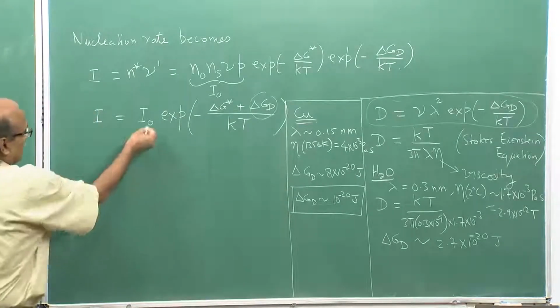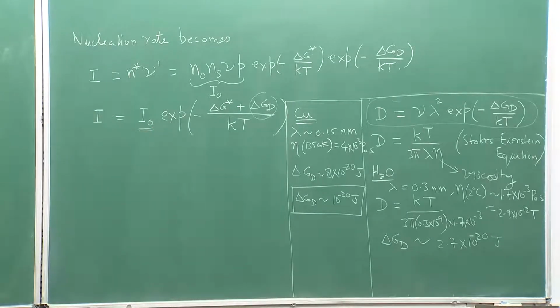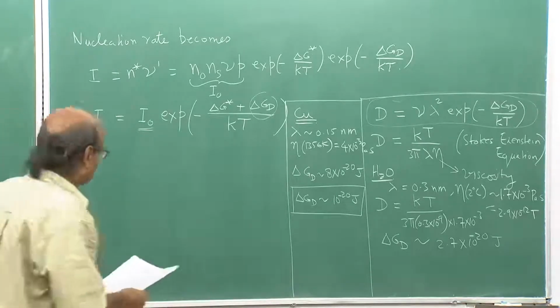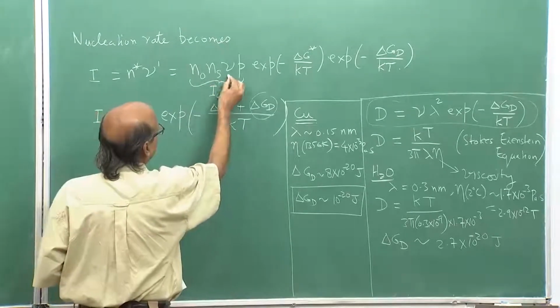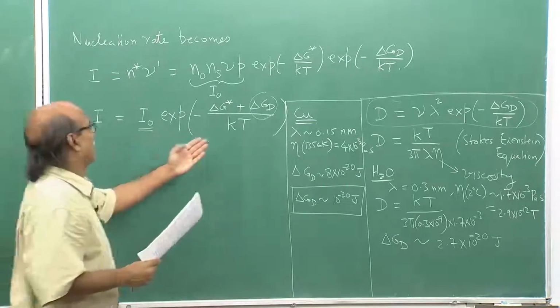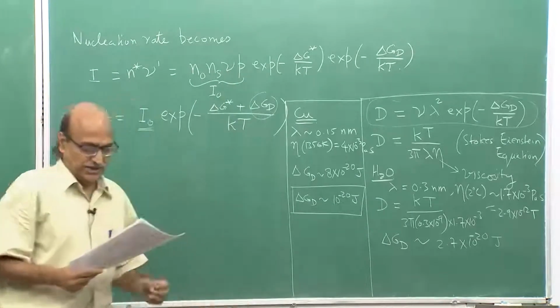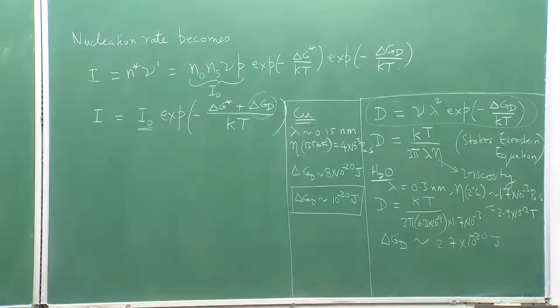Now, I should look in some detail into I naught. This term I naught is not that straightforward. As you can see, it involves N0, Ns, nu and P, and we are not sure, for example, what P I should take and so on. That involves a much more involved analysis. But if you consider